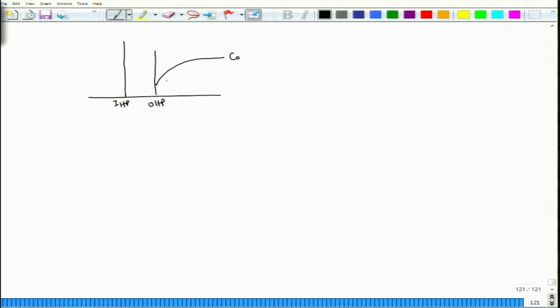This is the bulk concentration C, and this is my diffusion distance delta or boundary layer thickness. If I increase velocity, temperature increases, diffusivity increases. Now if agitation or velocity increases, delta decreases, and interestingly concentration